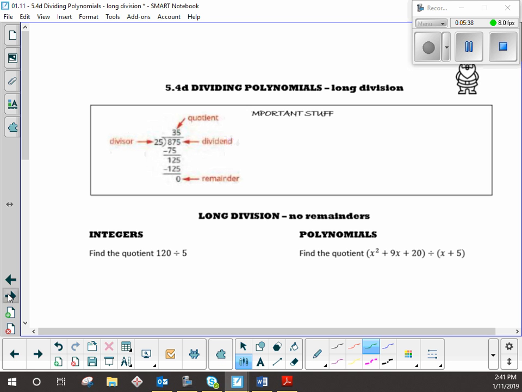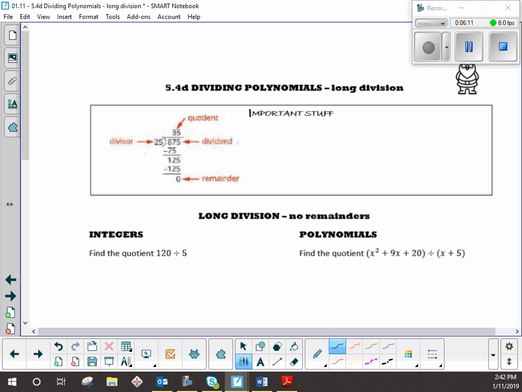So in that box on the top of your notes that says important stuff, oh, it sure does say important. I didn't even notice that. Okay. So we got important stuff up here. It's kind of like vocabulary, because you might hear me use those words. I'm not going to test you on those words or have you fill in the blank or matching or anything, but you need to remember what they are in case you hear me say them, because we don't use those words very often. But it's faster than saying the number outside the division bar or something like that,